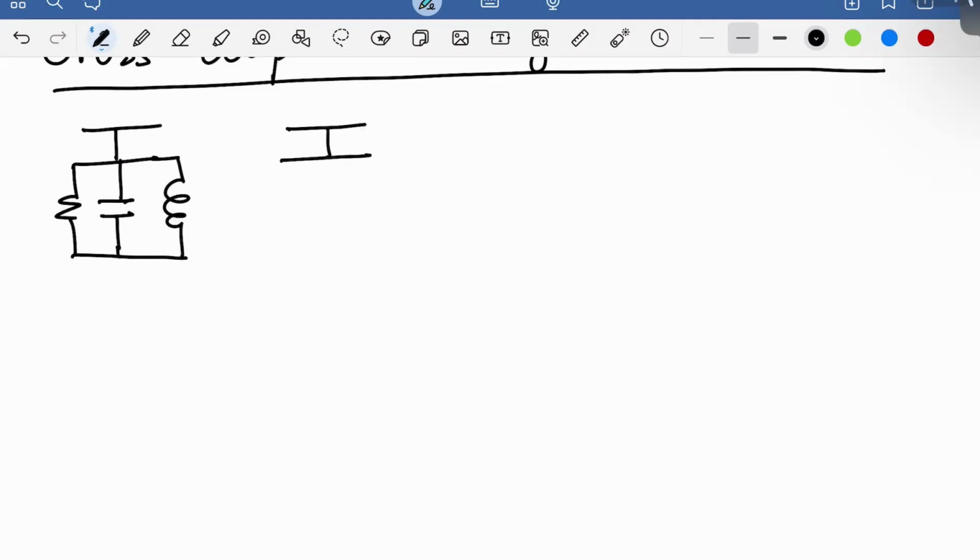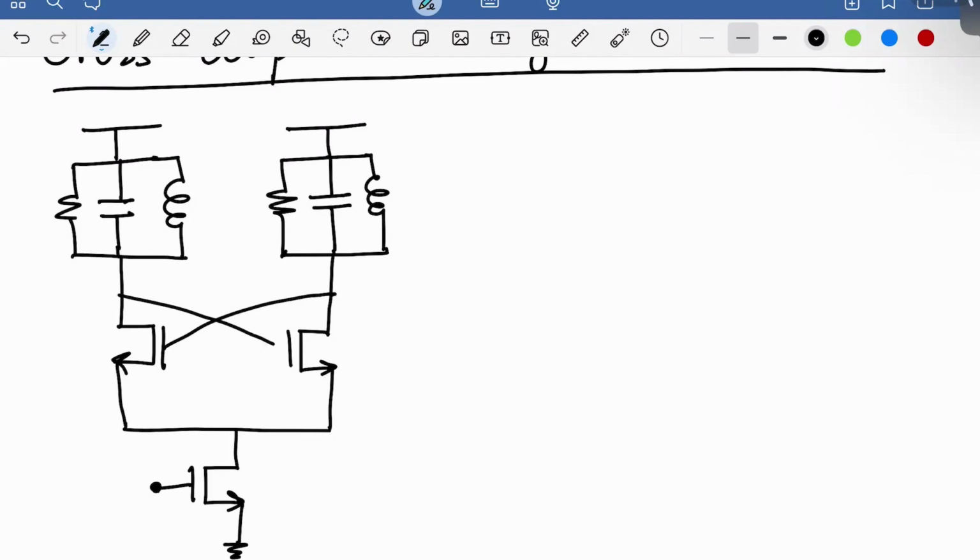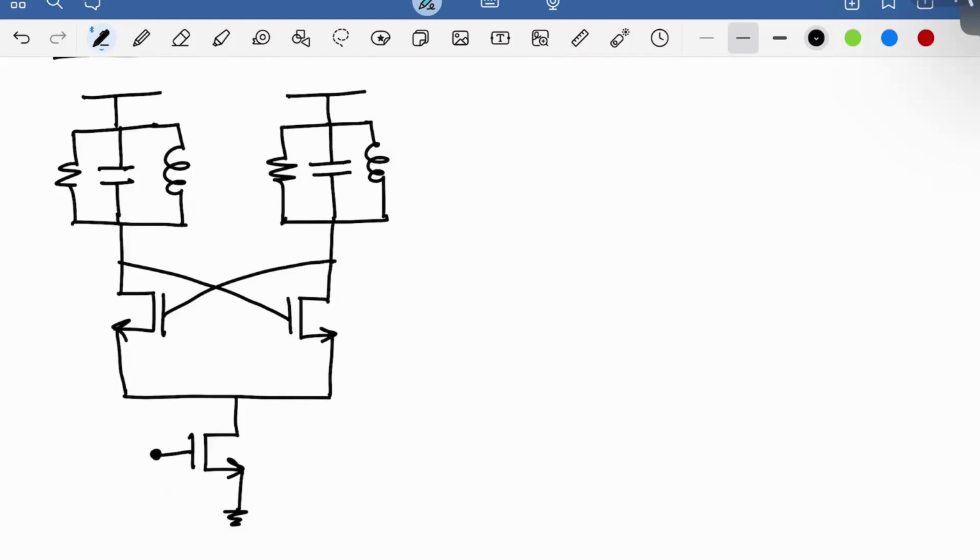And this was for the cross-coupled oscillator. So you have this cross-coupled pair here. And then you have the current source on the bottom, right? So connected like this. Okay. And we had some design equations for it. We said we had,